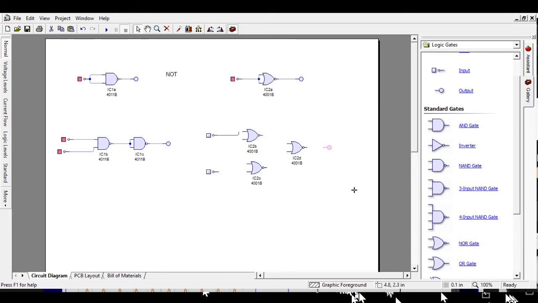So we will connect it like that. Similarly here. And this will be connected to the NOR gate.